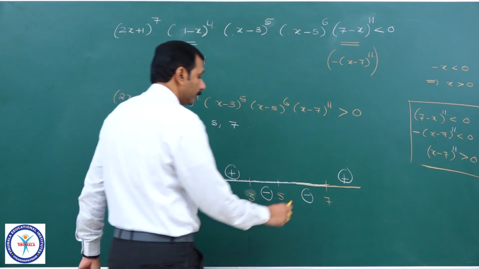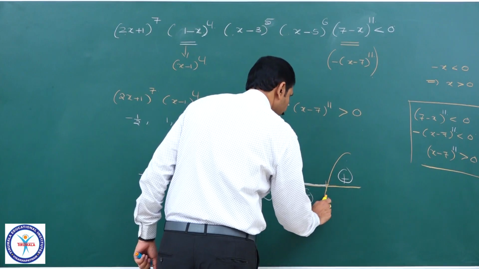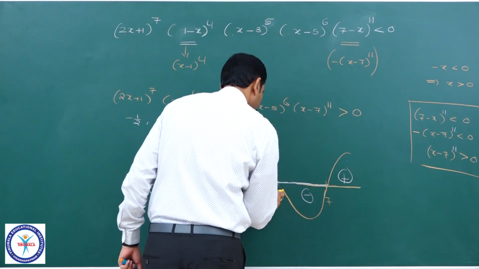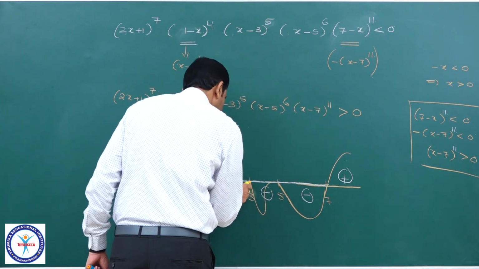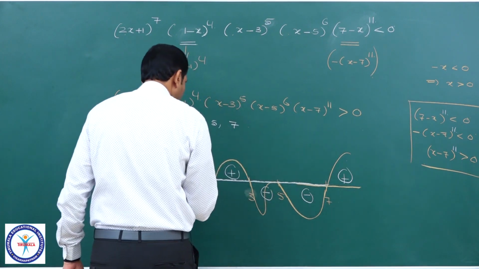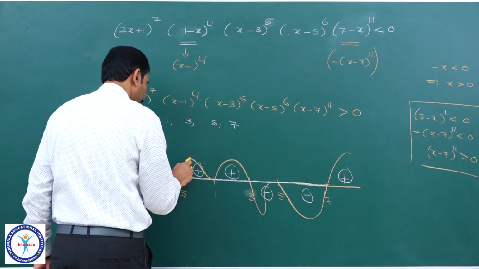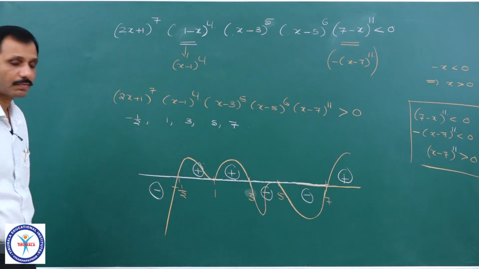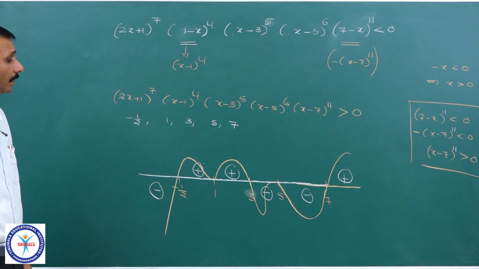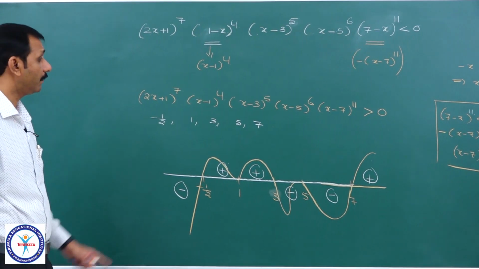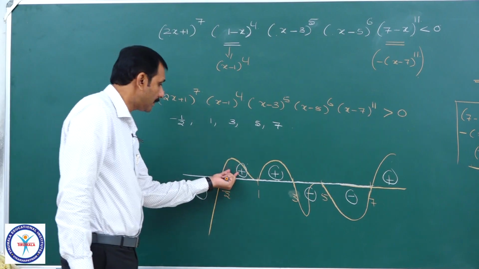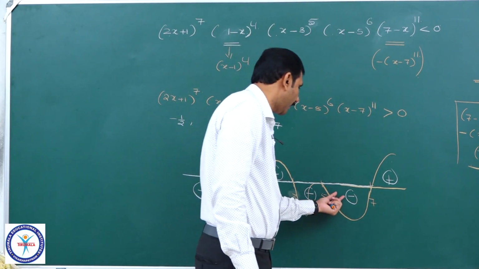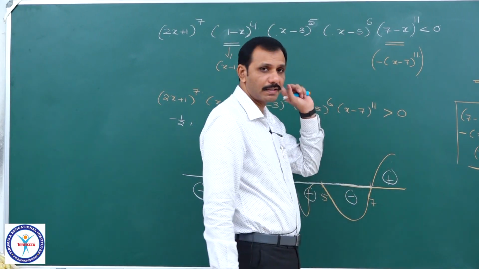Now the wavy curve. Here same sign, the curve will stay on this side. Here also same sign. Right, this is the wavy curve. Now I want values of x where it is positive. Observe, here it is completely negative. This is positive, negative, negative, it is positive. I want just greater than 0.